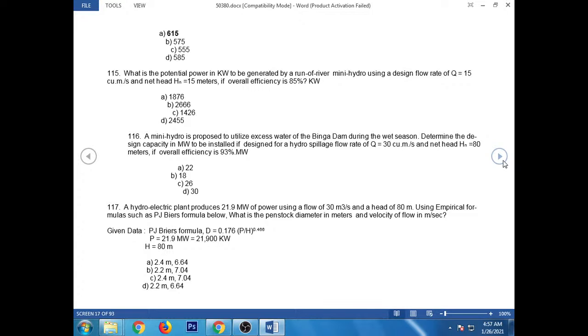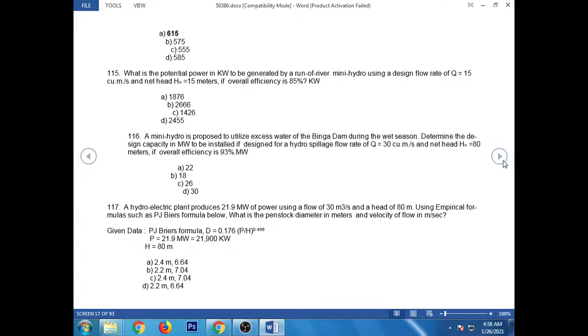Determine the design capacity in megawatt to be installed if designed for a hydro spillage flow rate Q equal to 30 cubic meter per second and net head equal to 80 meters if overall efficiency is 93%. No answer key. A hydroelectric plant produces 21.9 megawatt of power using a flow of 30 m3 per second and